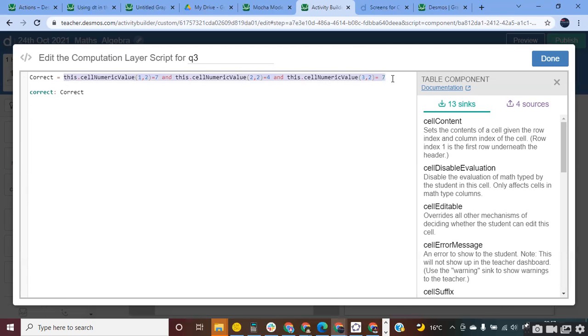So instead of that, you could actually copy this and paste here. This way also it will work. Then you don't need to define this. Why did we do that? So that we can define the whole condition with one simple text. So I can actually delete this and just enter my Correct, which is my variable for Desmos. And I have defined my variable. I'm going to click on done.